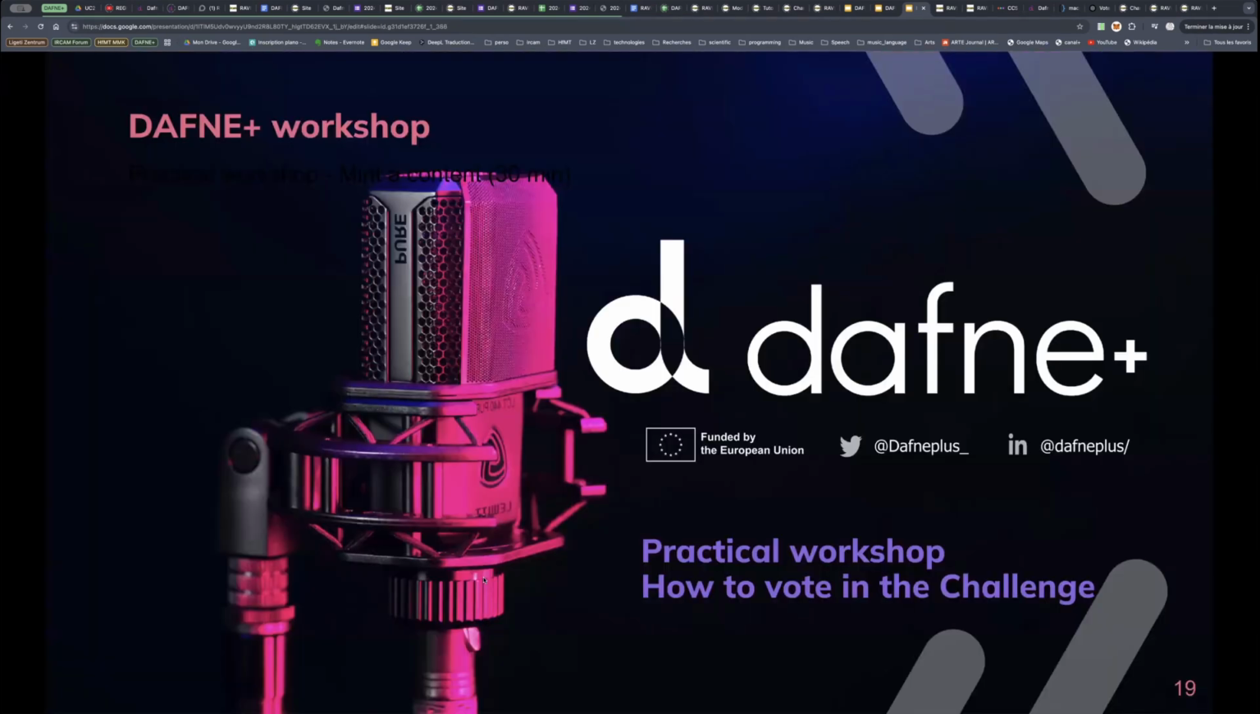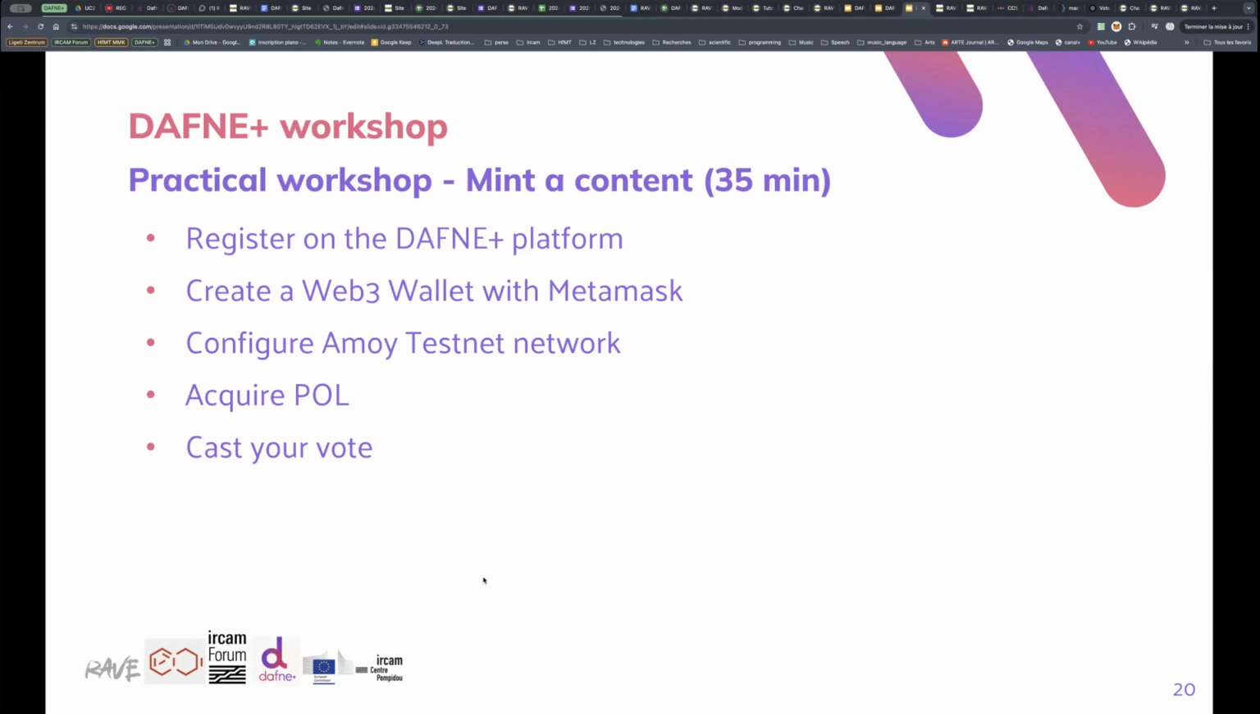Because now I want to get into a practical phase where we will be getting information to step inside the voting phase of the challenge. So we will do that in 5 steps. And the idea is that there is this content